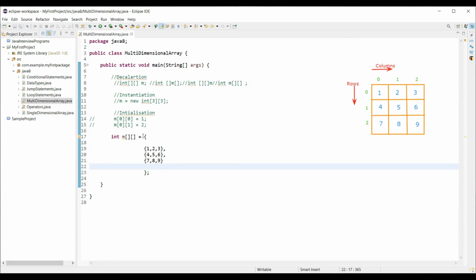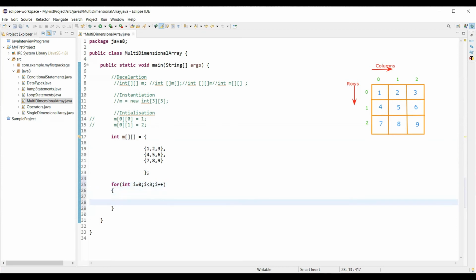So you can see M itself is an array which has 3 array objects in it, and each array object within it has 3 elements. Now let us display all these elements on the console. For that, I'll take i as index and i less than 3, which is used to represent the number of rows. We have 3 rows, right? As the index starts with 0, I'm ending at 2. That's the reason I gave i less than 3.